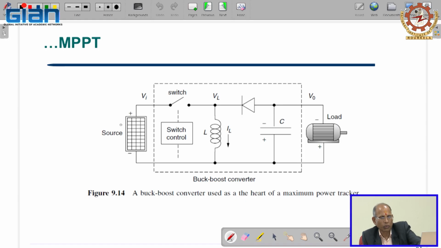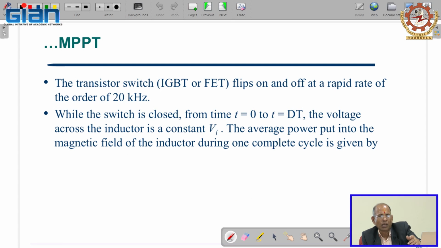This switch is a transistor or FET switch which flips on and off at a rapid rate, of the order of 20 kilohertz, while the load is